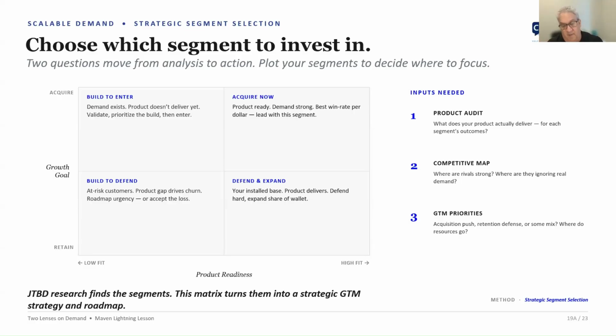Or from a product readiness standpoint, from where our product is, acquiring now or defending and expanding. So 4 different strategies we could take where the additional inputs required are: we need a good product audit of what's actually been designed and built to date and how well it's functioning. We need some form of competitive map to where our rivals are going and attacking us in terms of how do we defend our market share, and then our own go-to-market priorities in terms of our strategies and so